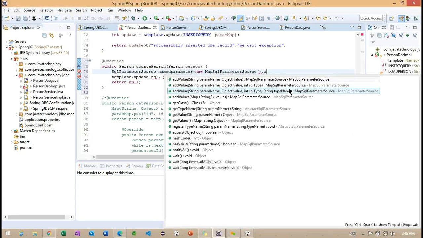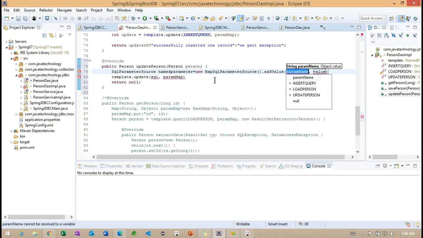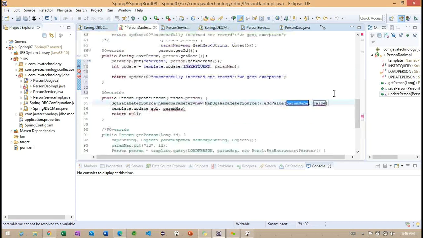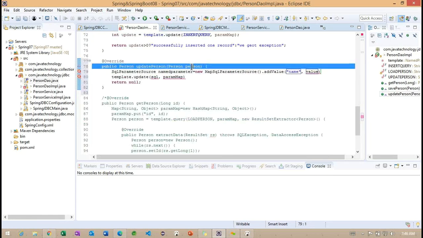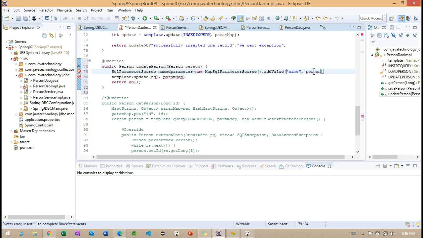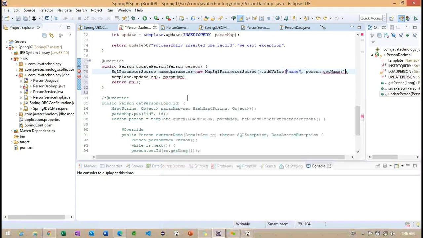So here we can specify the first condition, something called name, and the value here, get name.